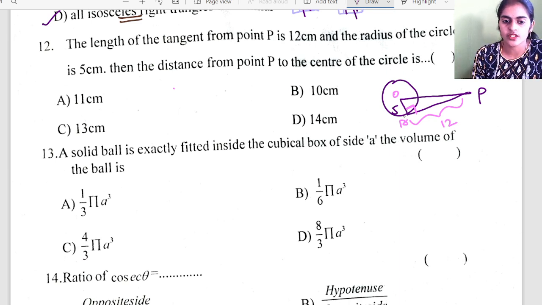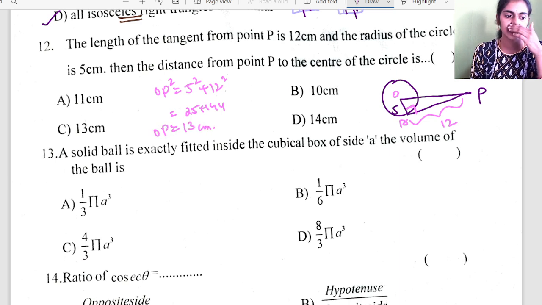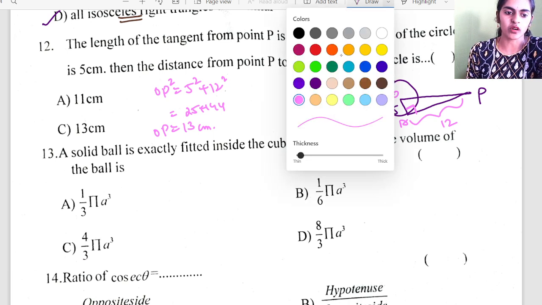OP square is equal to OA square plus AP square, or we can write this way. OP square is equal to 5 square plus 12 square, or that is equal to 25 plus 144. So you get your OP value as 13. Okay. So OP is 13 centimeter. Clear? Now next question, a solid ball